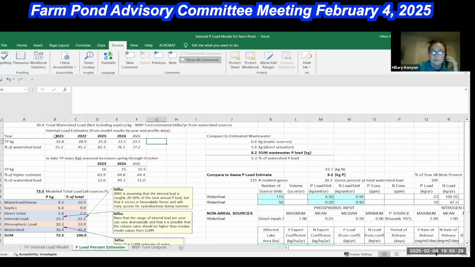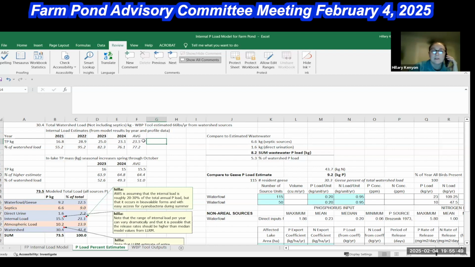But you can see the estimate here was pretty low for 2021 and pretty high for 2022, which was the year that you had that larger bloom. But that was the drought year too. Yeah. But the interesting thing about this is that just because these estimates are high doesn't mean